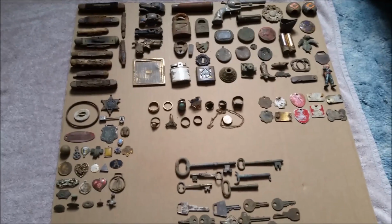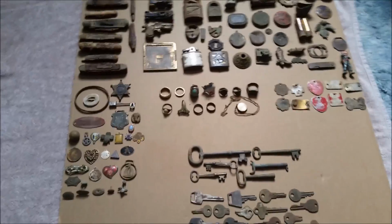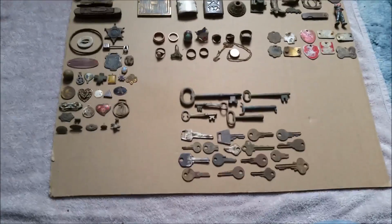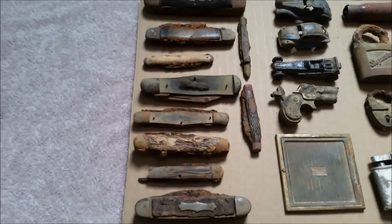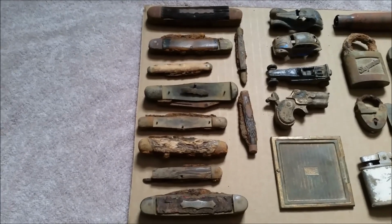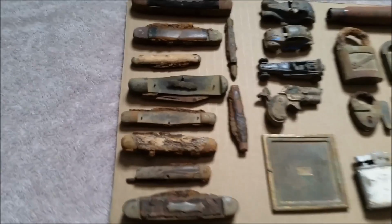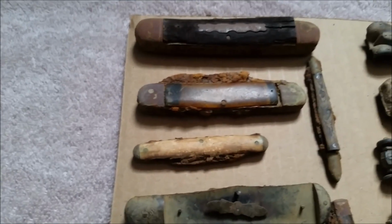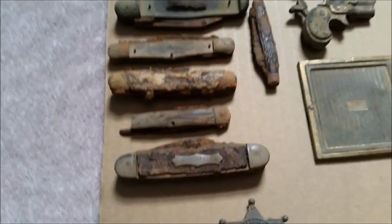Alright guys, we're on to the miscellaneous relics. These are things more like from probably the early 1900s to, you know, present day. So I'll start up here. I have 10 pocket knives, which I always think are pretty neat to find. I said this year I'm going to keep any ones I find. They're kind of beat up,